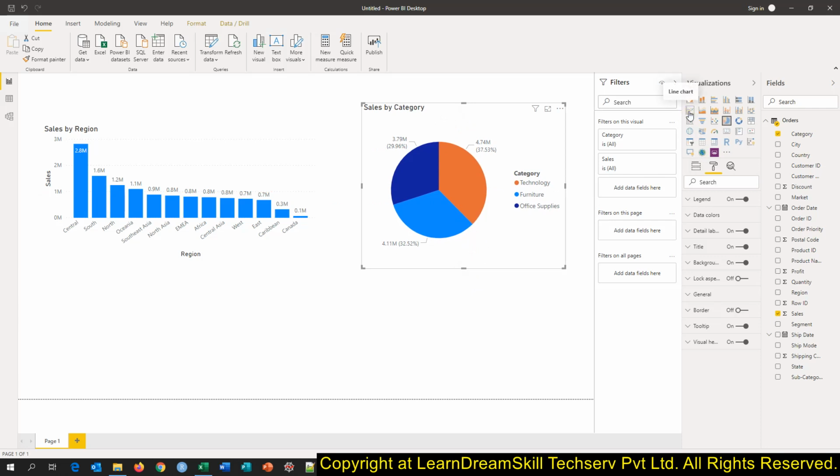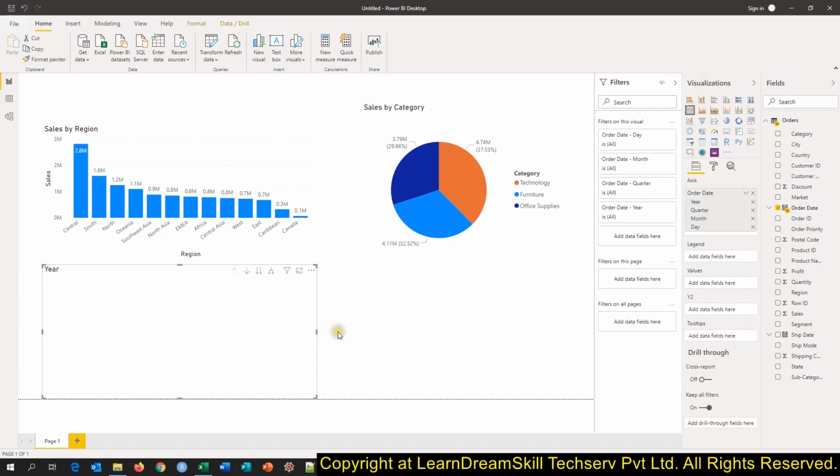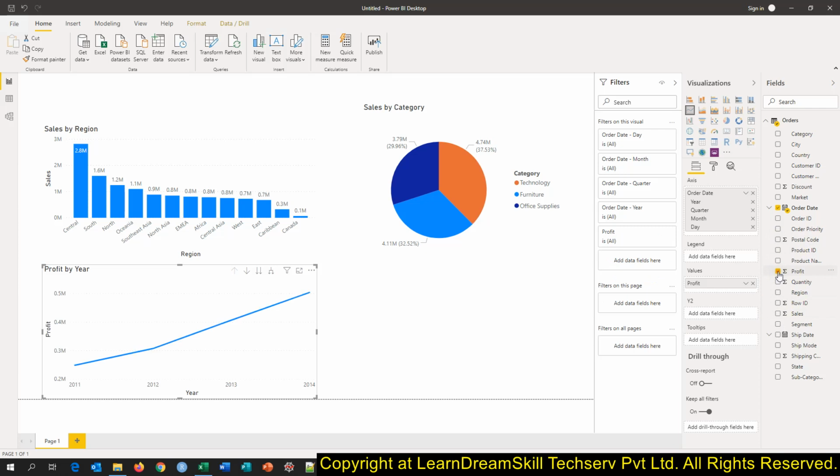So I'll add this line chart, blank line here, then I'll pick the order date. Okay, and then I will show profit because we have taken the profit here. I just want to keep it consistent. So same way it is showing the years here. Then we are having the order, and it has categorized the data. So if you want, you can say order date.